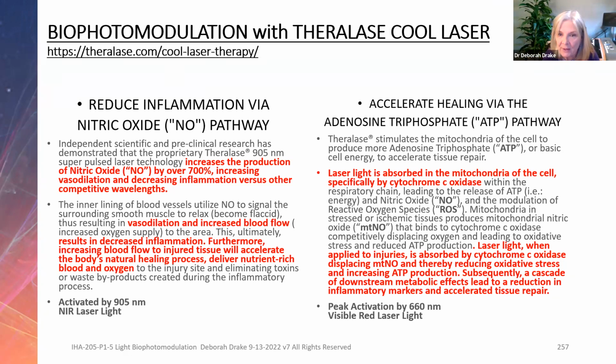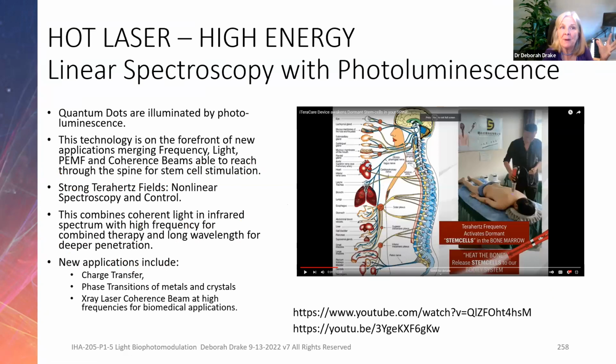And that's usually found at the wavelength of 660 nanometers, okay? 660 for the ATP, 900 for the inflammation. Memorize that, okay? So a hot laser can open up your linear spectrographs, and they have a new laser that's now come out called the